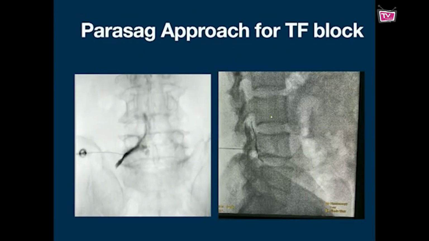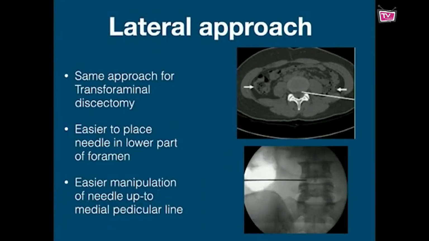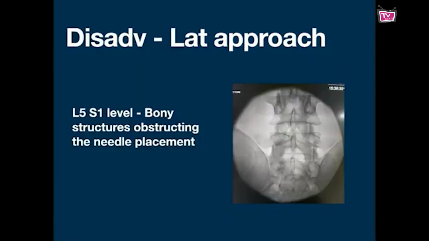Again, parasagittal approach. Now here you can see we have given the dye. When you see the lateral view, there is a tram track. Basically, this indicates that the dye is ventral to the dura, and you can see one more dorsal to the dura. So again it becomes non-selective now because it is moving up and down. But still, it gives good pain relief for patients with multi-level disease, because it moves up along the dural sleeves. So the rest we will be discussing in the OR.